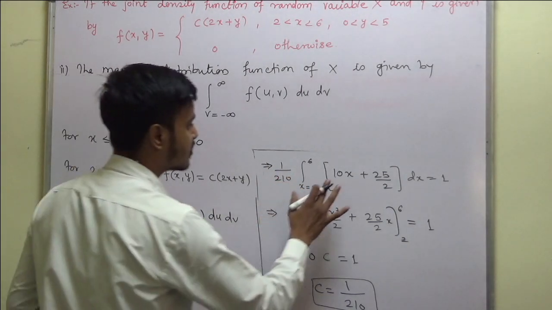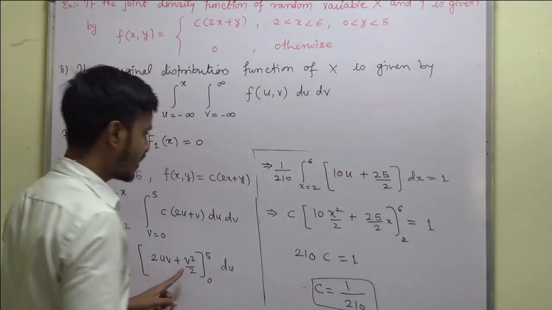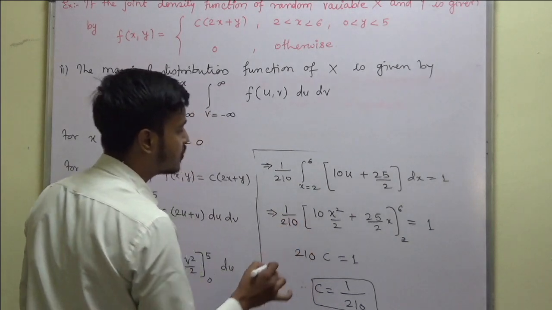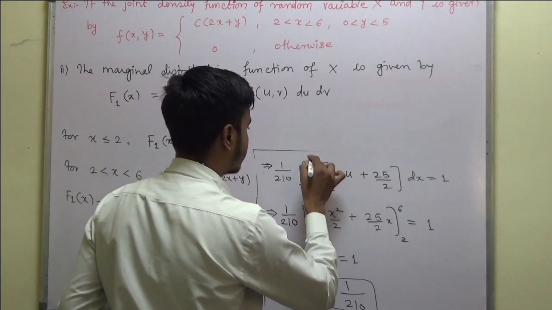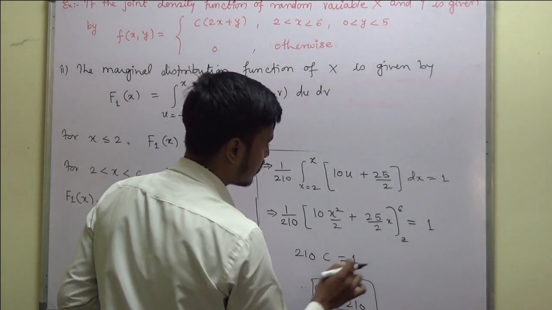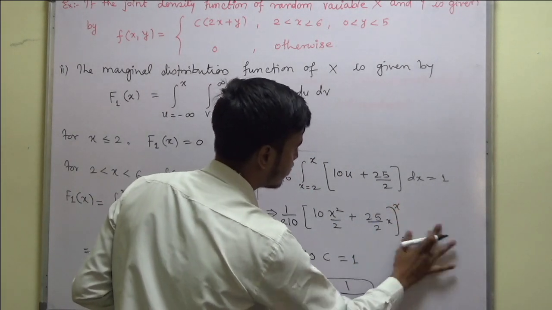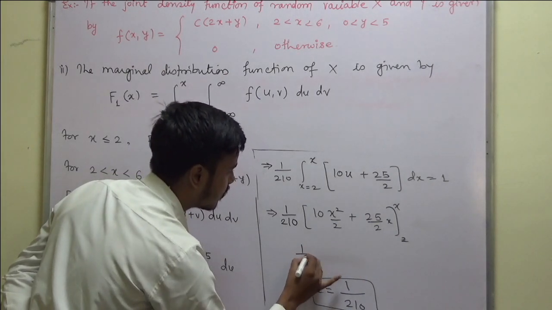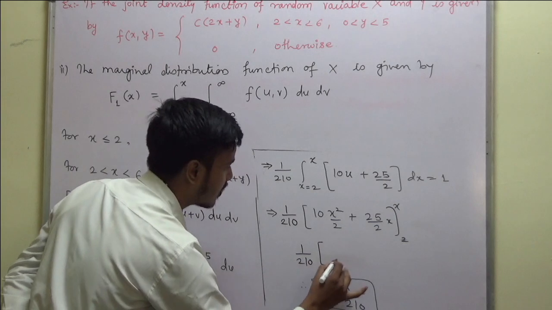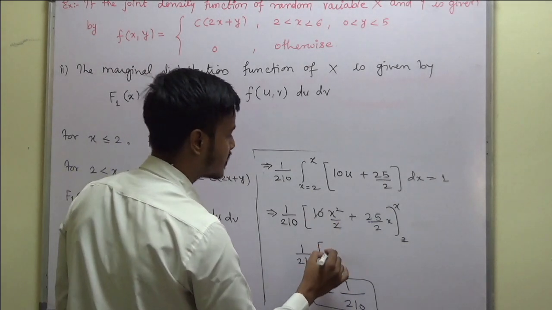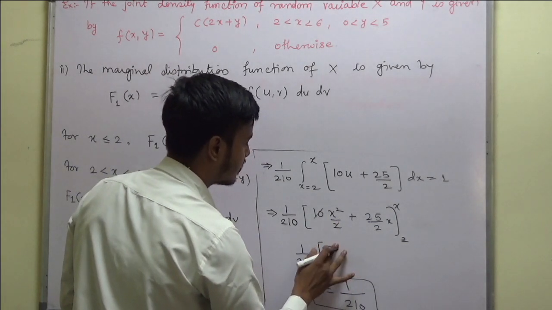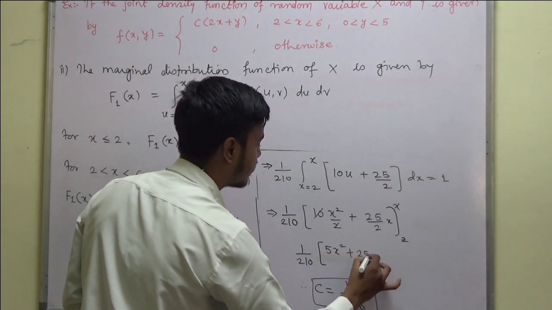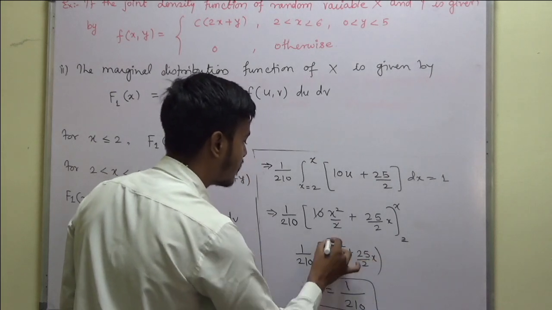When you apply the limits you get 10u plus 25 by 2. Now again integrate this from 2 to x. So this is 1 upon 210 into, now apply the upper limit minus lower limit, 5x square plus 25 by 2 x minus